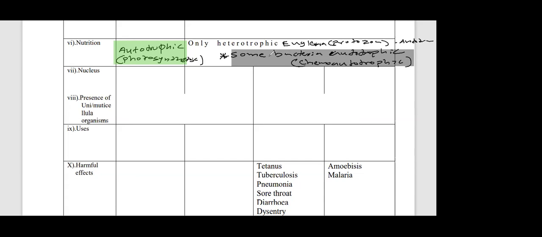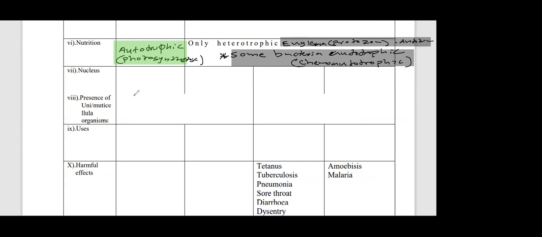Please note the two exceptions under the last three groups, fungi, protozoa and bacteria. Out of all these, one exception, Euglena is a protozoa that is autotrophic. All the other protozoa are heterotrophic. Out of the bacteria, some bacteria are autotrophic, but not in the names. Most bacteria are heterotrophic, right? So there are few exceptions, but algae all are autotrophic. None of the algae become heterotrophic, right? So their nutrition you should know.